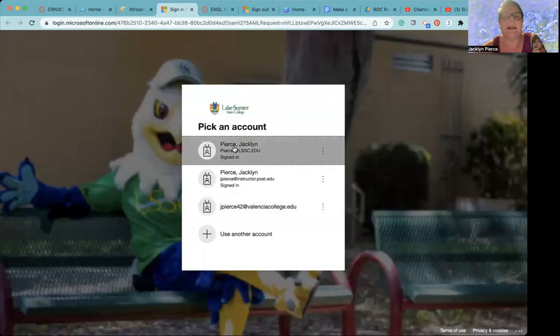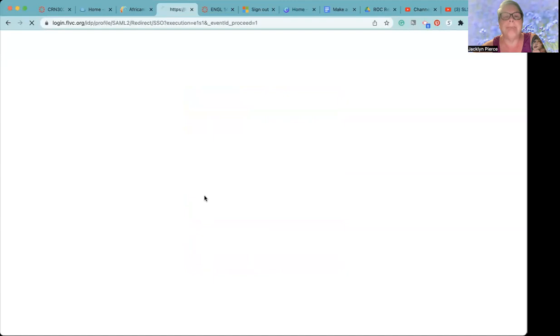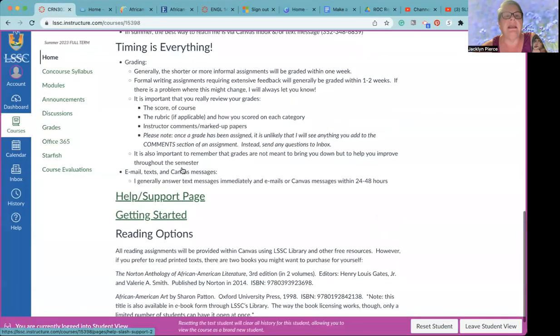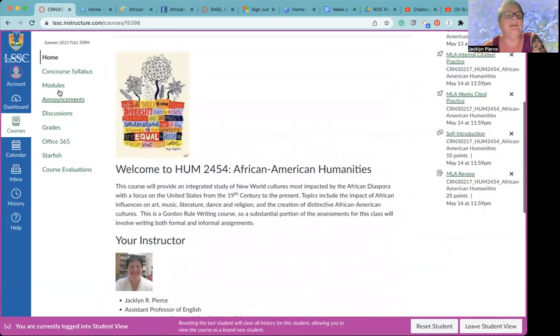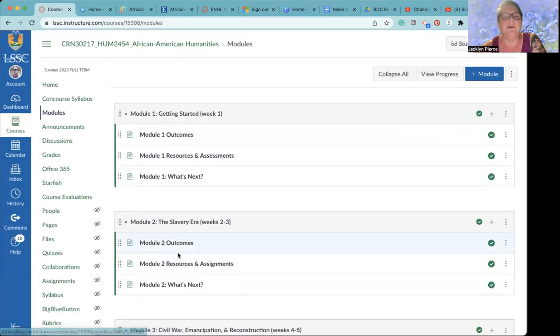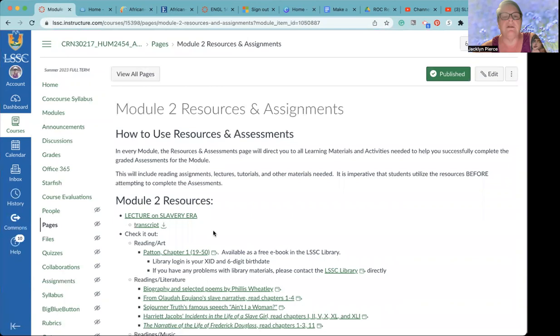You will need to sign in if you're not already signed in. And then in order to view the book, you just click on the PDF full text over here. Your first reading assignment is, where were we just at? I'm going to click on this. I'm going to turn off the student view so I can fix it. But all right, so in resources and assignments,